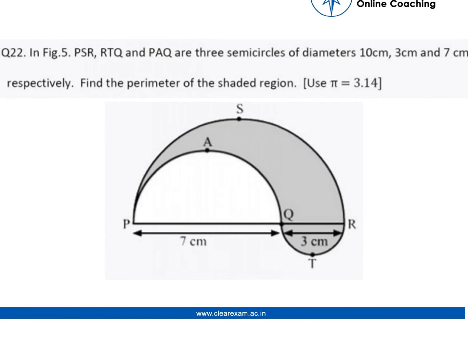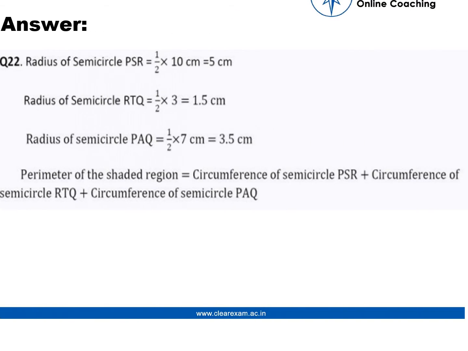Question number 22. In this figure, PSR, RTQ and PAQ are three semicircles of diameter 10 centimeter, 3 centimeter and 7 centimeter respectively. So we have to find the perimeter of the shaded region. Moving towards the solution. As we have been given the diameter of semicircle PSR equal to 10 centimeter, so for getting